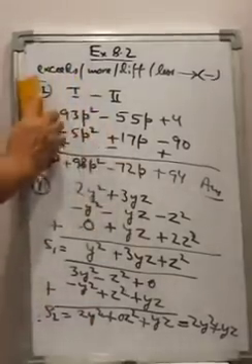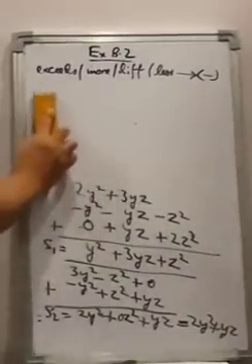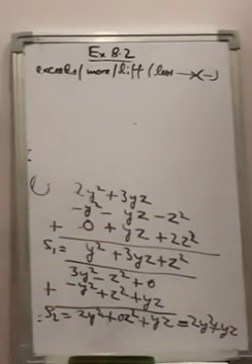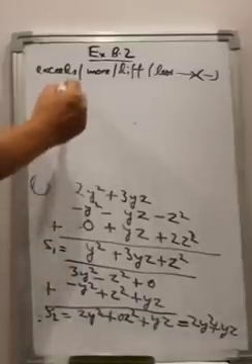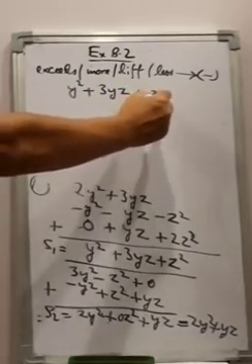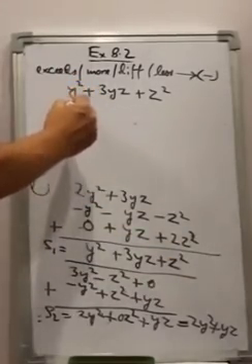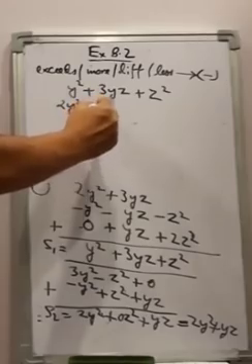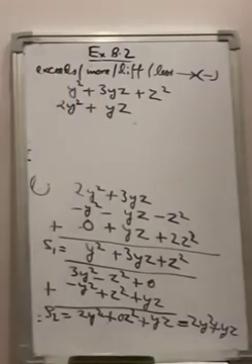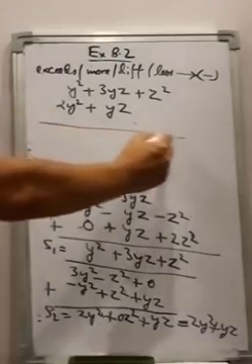Now we have to subtract the two sums obtained, right? So let us subtract from sum 1, that is y square plus 3yz plus z square, the second sum, that is 2y square plus yz. Now writing this also, you must match the like terms. Suppose you have written it wrong, you can change it again, but match the like terms before you start adding or subtracting.